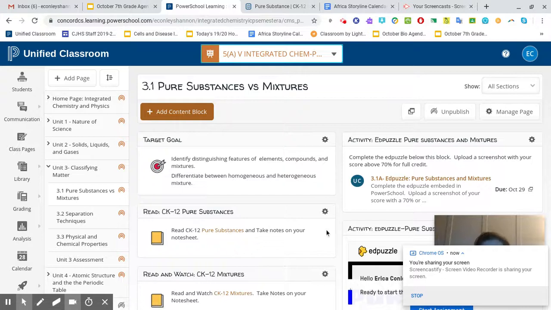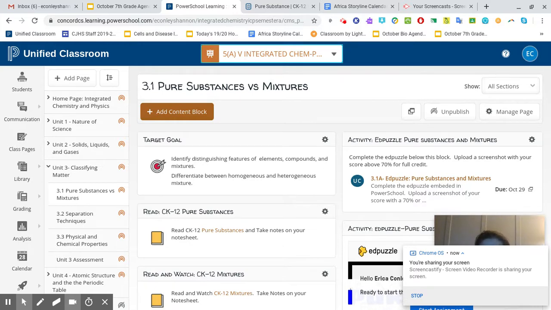Everyone. We are in Unit 3, Classifying Matter. In Classifying Matter, we start by looking at matter, which can be in any of the three states that we're primarily focusing on: solid, liquid, and gas. Just remember there are a couple of other states that have been proven to exist, but we're going to focus on the primary three. And we're going to look at how we can classify these solids, liquids, and gases as